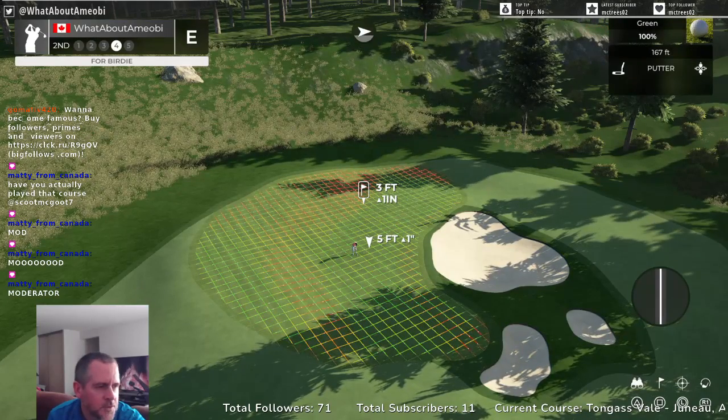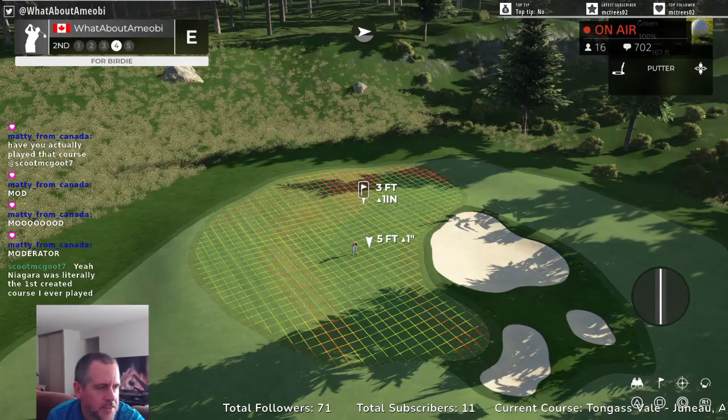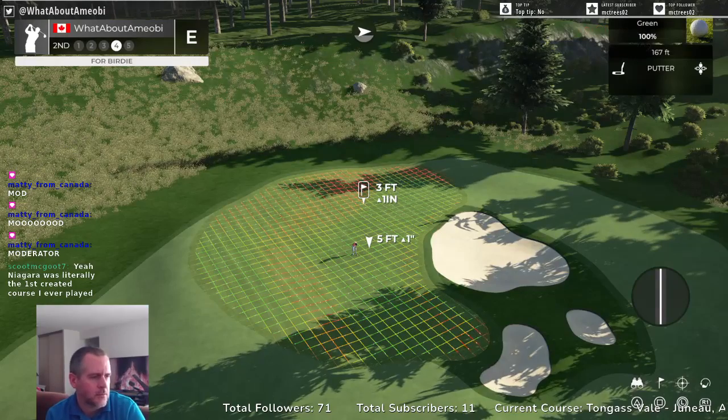Big dogleg can be awesome if used right. Yeah. If used right is the key. And I think you want to be...